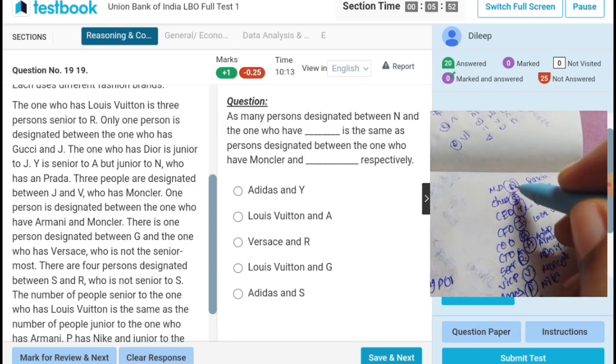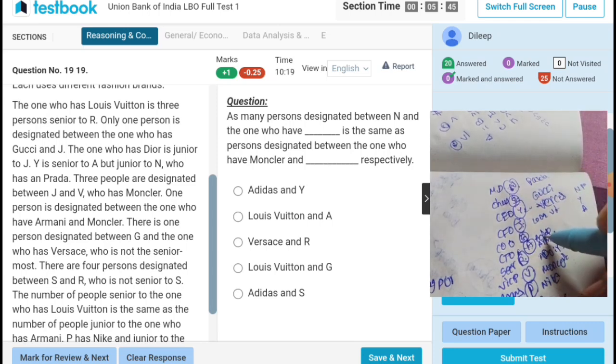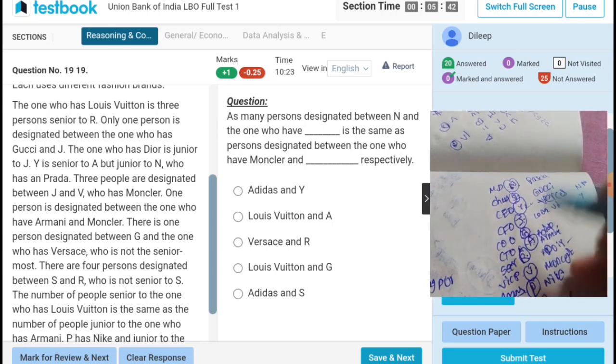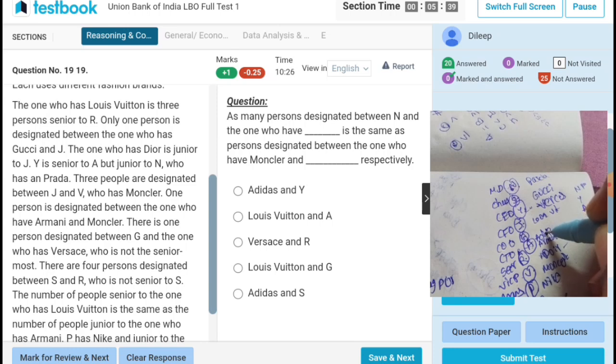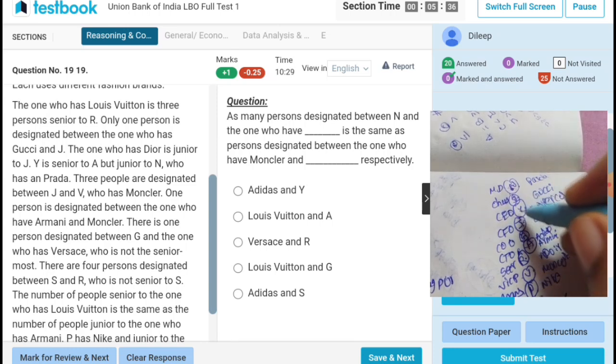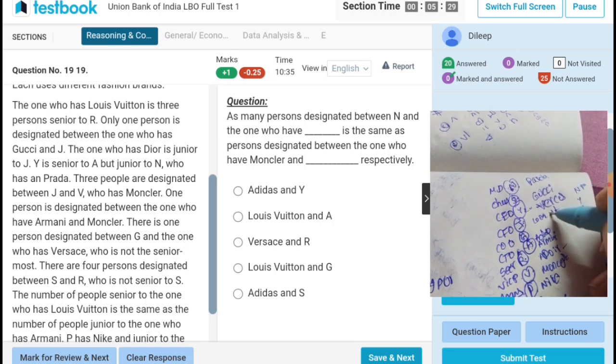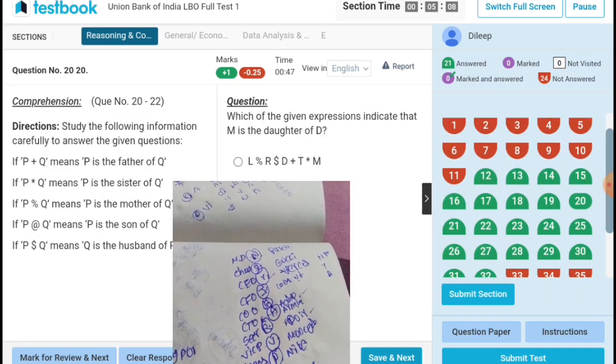And on the Adidas 3 and Nanda, and A and Nanda. So the next step